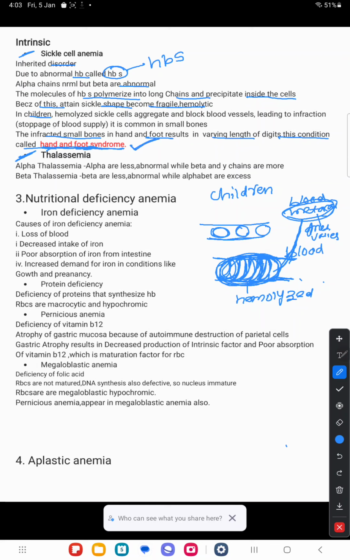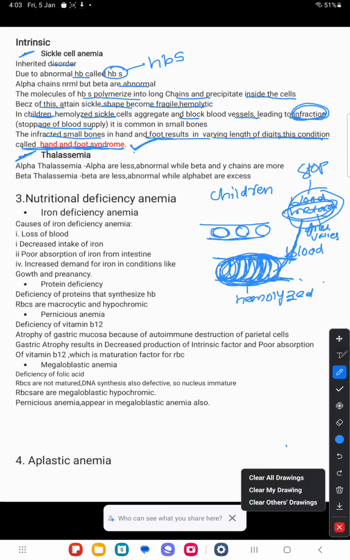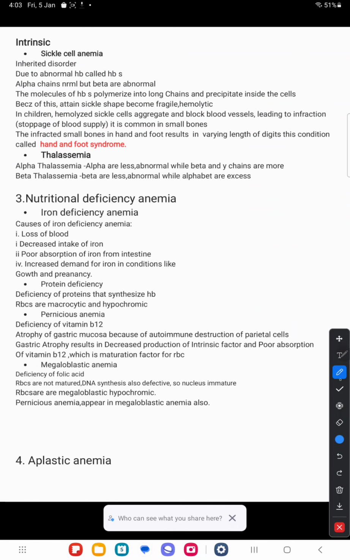Okay, in children, hemolyzed sickle cells aggregate and block the blood vessels, leading to infarction. It means the blood supply to these metacarpal bones becomes stopped. Stoppage of blood supply to these bones results in varying length of digits. This condition is called hand and foot syndrome. Okay, next,